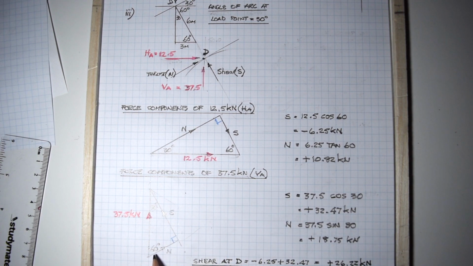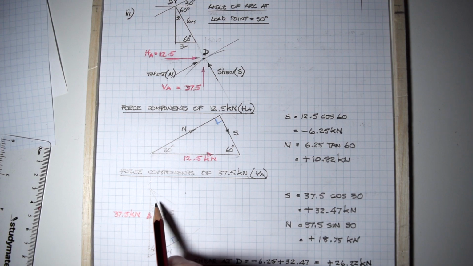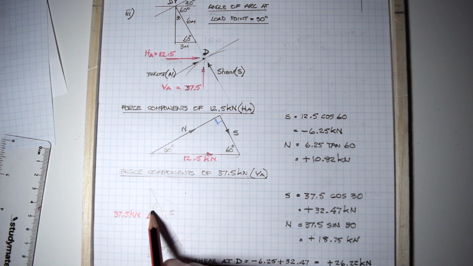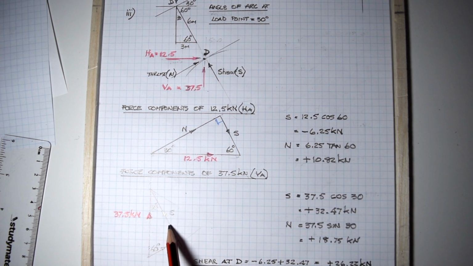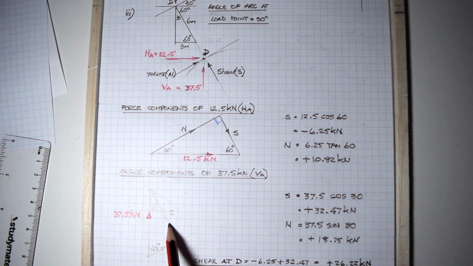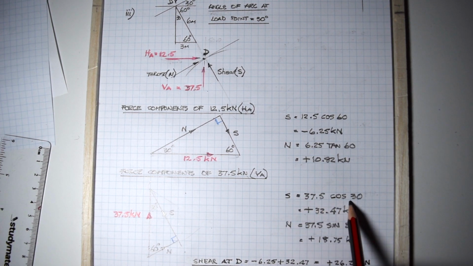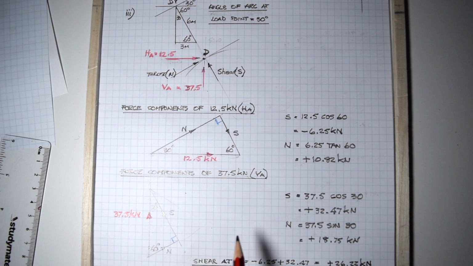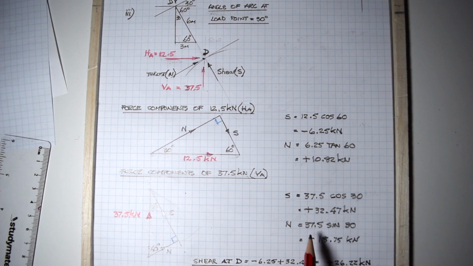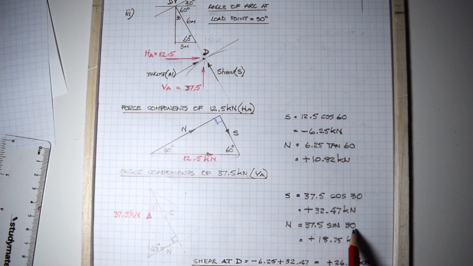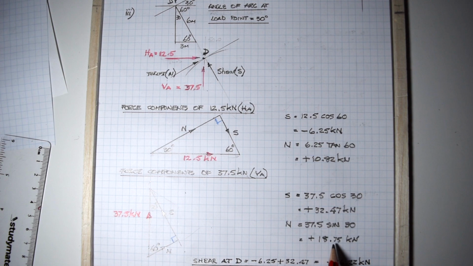But anyway, we know that this is 37.5, that is 30 degrees. We've got the shear going up in this particular case, and the thrust also going up. There we have them. S equals 37.5 cos 30, which gives you plus 32.47 kilonewtons. That's the shear. The thrust is 37.5 sine 30, N,